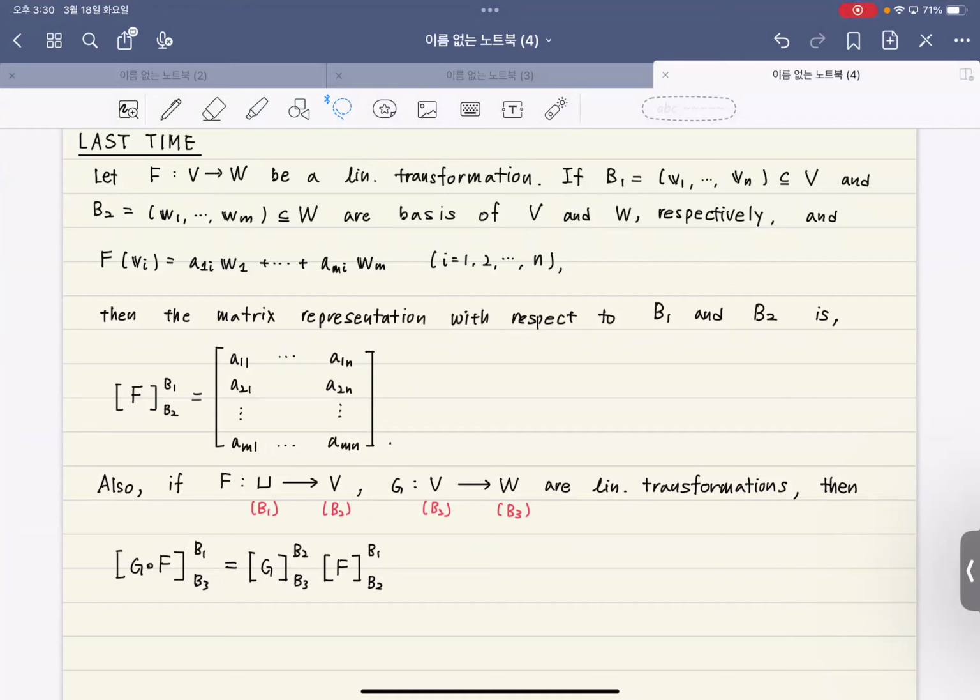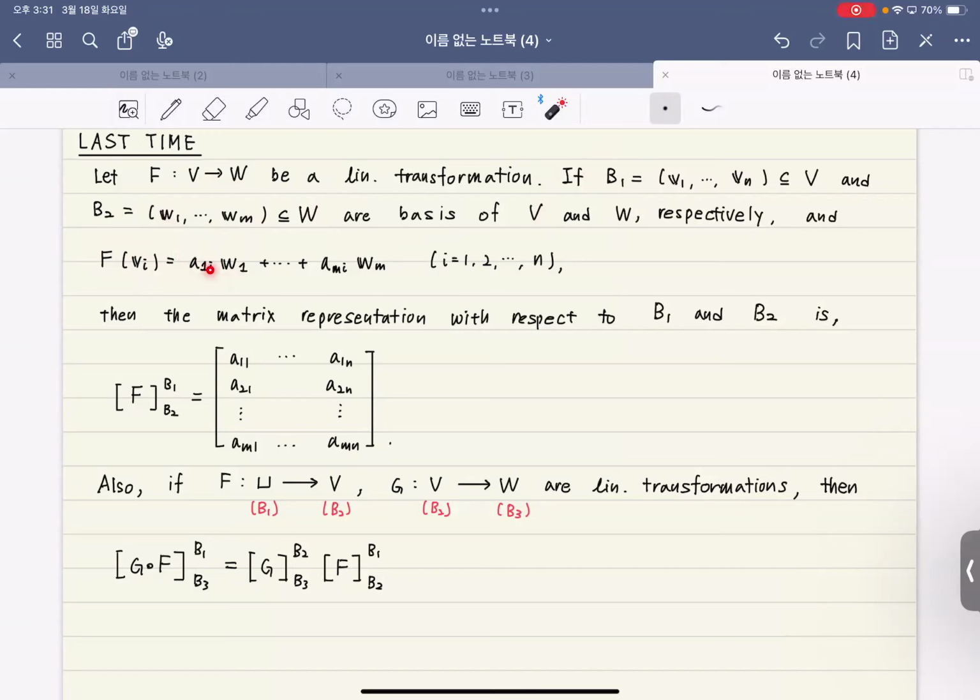Suppose that I have a linear transformation F from vector space V to vector space W. Once you have chosen the basis for each of these two spaces, then the images of these basis vectors under the linear transformation F